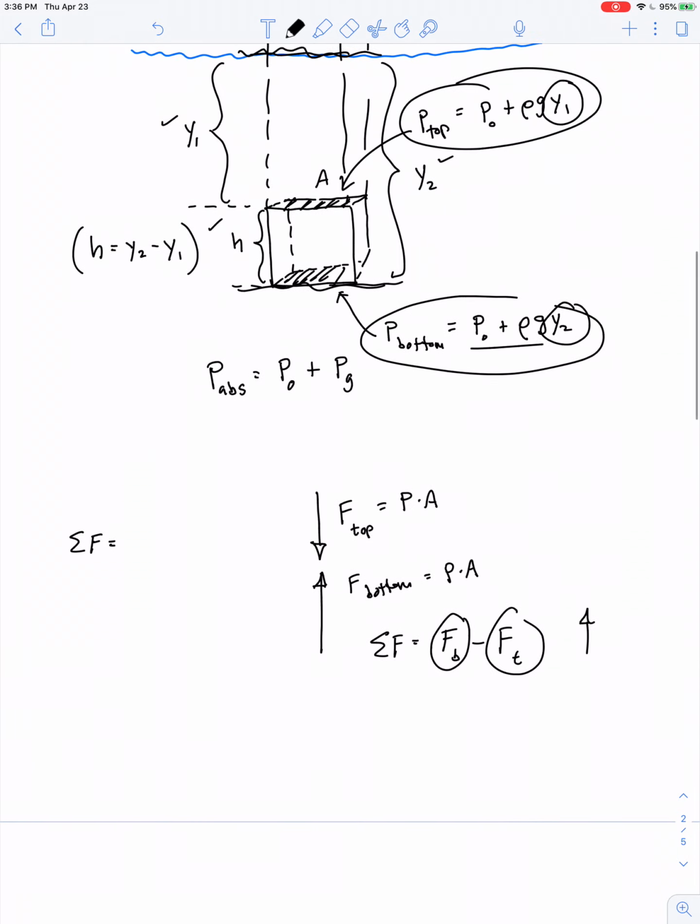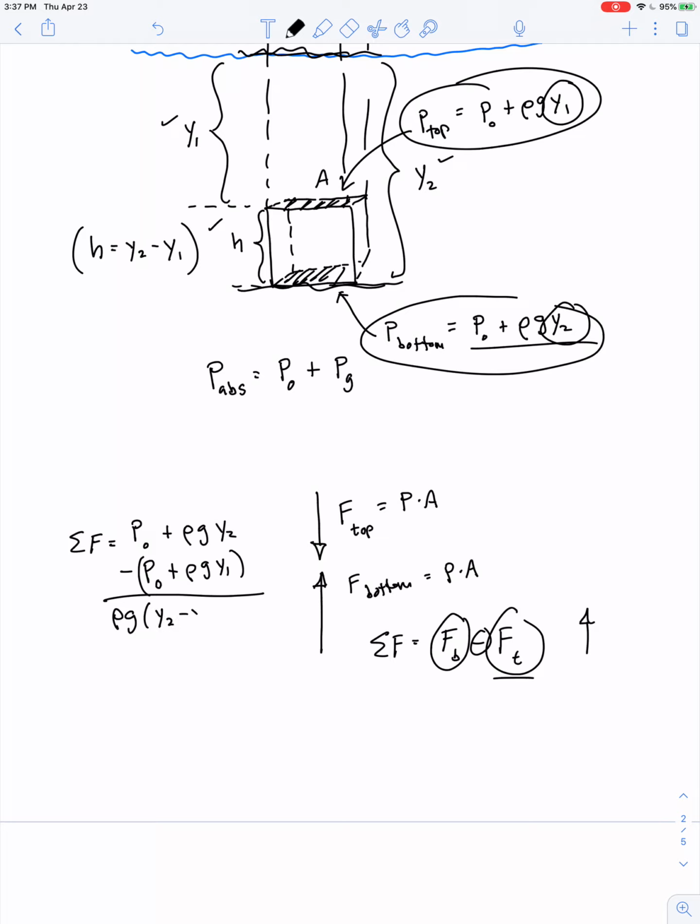Okay, well, the pressure at the bottom is atmospheric pressure plus rho times g times y number 2. Then I have to subtract from that the pressure at the top, so minus atmospheric pressure plus rho times g times y number 1. So when I combine those together, I get rho g times